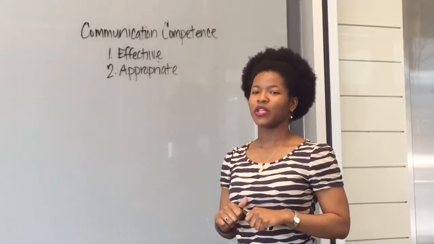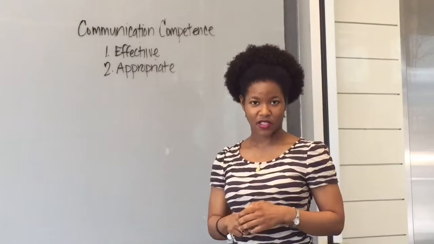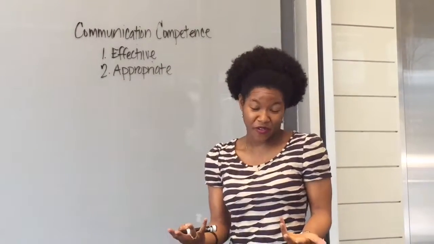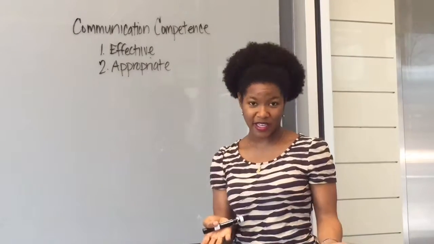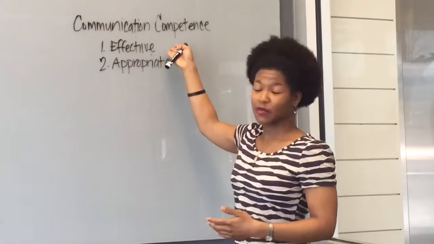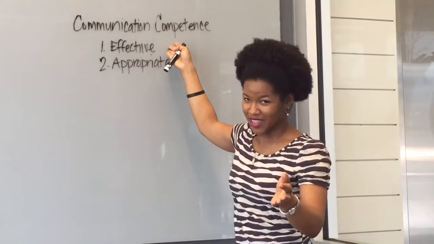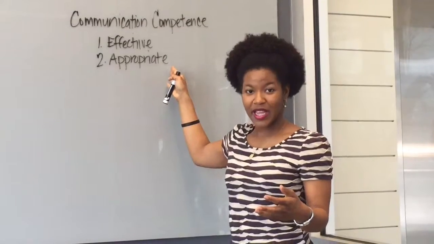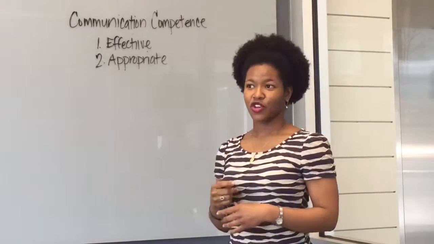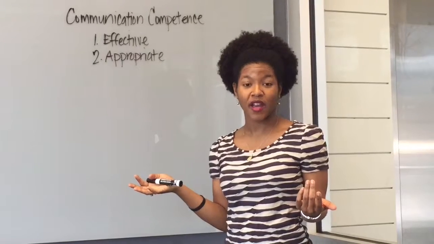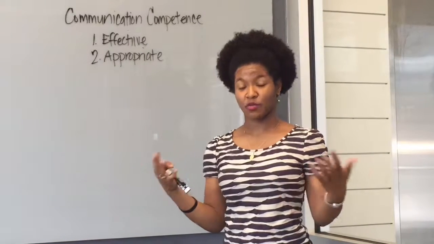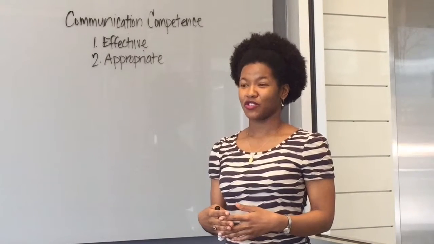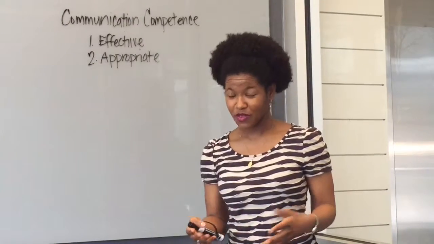Appropriateness is simply meeting the expectations of that audience. So, for example, I am your teacher. I'm speaking right now, so you are my audience, and in order for me to be effective, you have to learn something, right? And in order for the message to be appropriate, it has to meet your expectations. So your expectations as a student would be what? For the message to be professional, for the message to be organized, for the message to be useful, right?